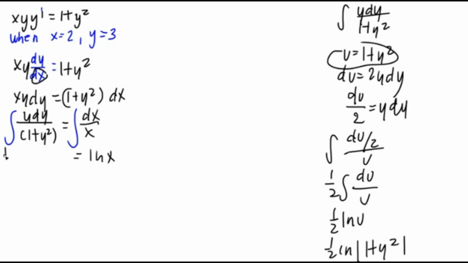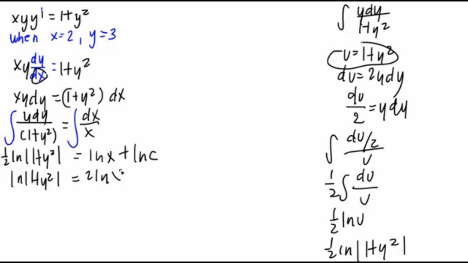Balik natin dito, magiging 1/2 ln 1 plus y squared. Tapos, mag-plus tayo ng ln c. Multiply natin both sides by 2 para mawala tong denominator na 1/2. Magiging ln 1 plus y squared is equal to 2 ln x plus 2 ln c. So, next